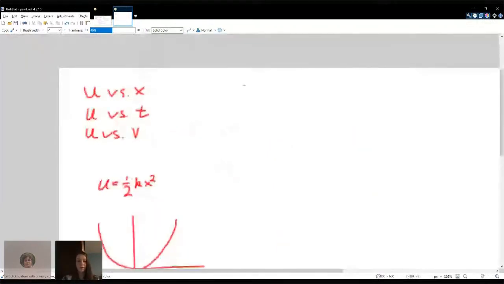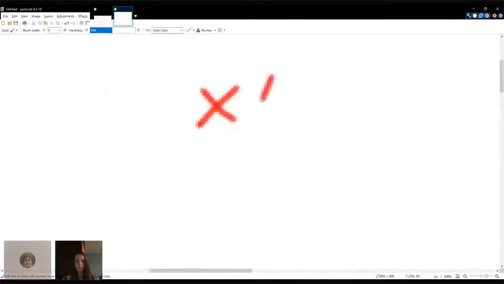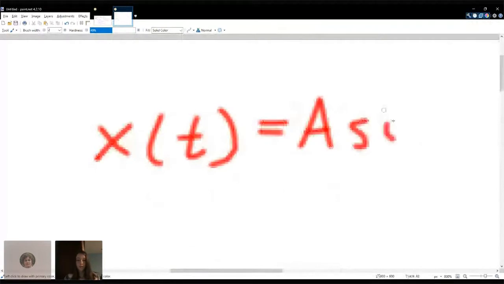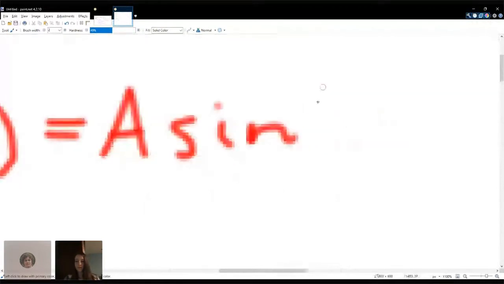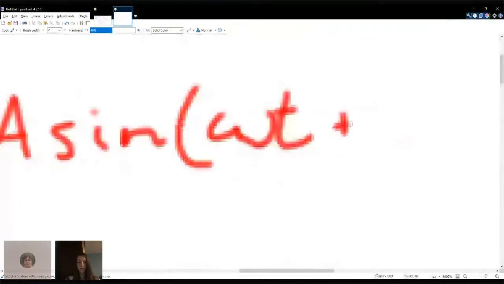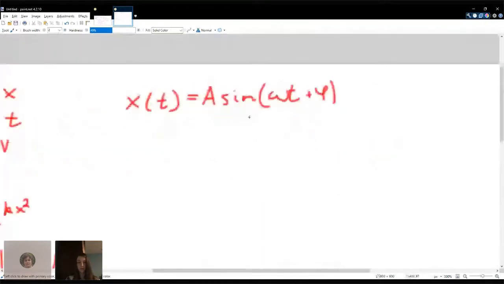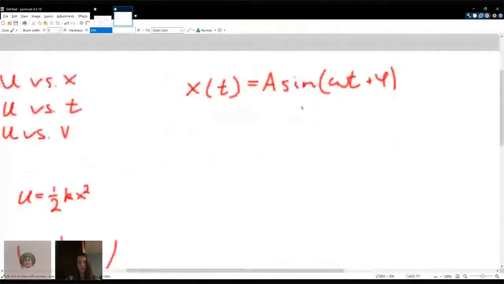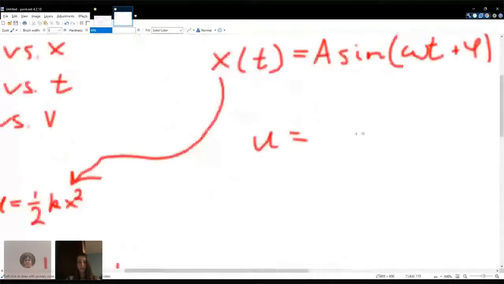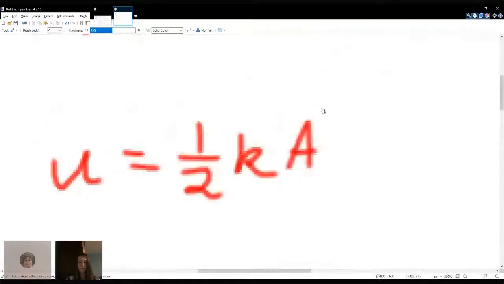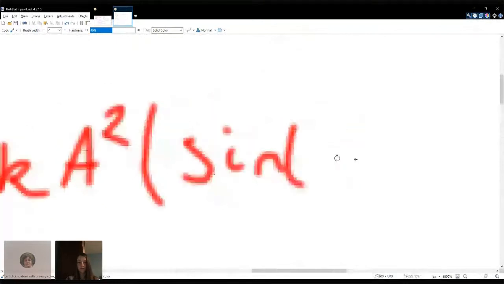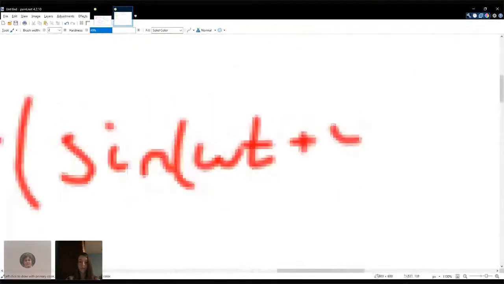U versus time is a little harder, but we do have x as a function of time being a sine of omega t plus some phase shift, that normally actually ends up becoming 0. So you can plug this into here, and then you get U equals 1/2 k A squared times the sine of omega t plus phi